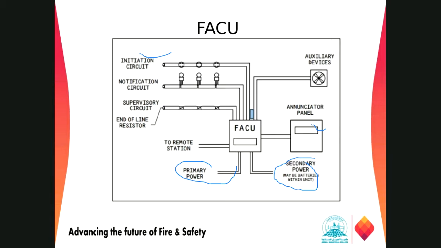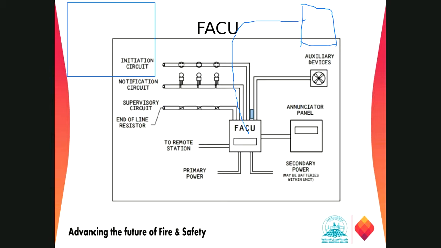Yes, Mr. Nabi, what is the main difference between the panel and the annunciator panel? The difference between these two is, the panel is the main control unit for the fire alarm system. But the annunciator panel is connected from the main panel at some attendant location. Let's say there is a big plant, and in that plant we have a fire alarm control unit. And from the same control unit, they have connected to the annunciator panel.